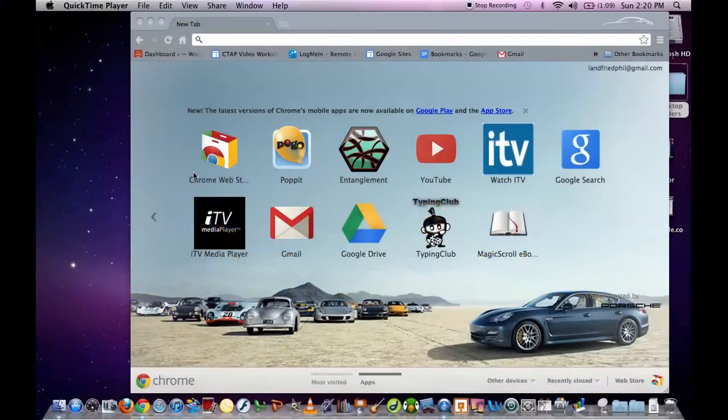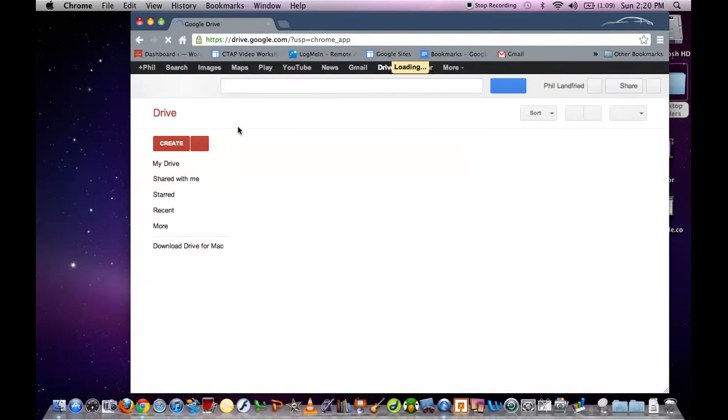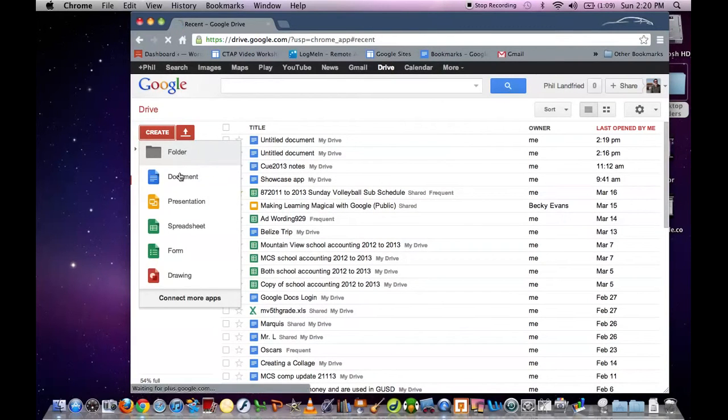Something that's not that new. It's been around for a little over a year, but it's called the Research Tool. So if you go into your Drive, Google Drive, and you create a document,